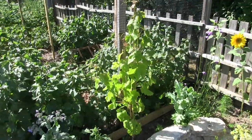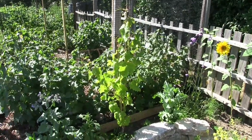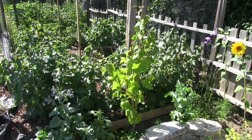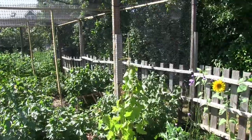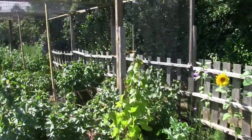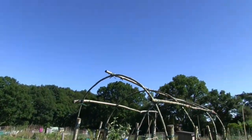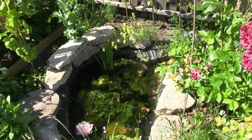And then there is the grapevine, which is growing so rapidly. I'm so happy with that, because obviously my dog destroyed the last one. He decided to run around the garden with it when I first bought it, and he snapped it, so I got a replacement one and it's amazing. That needs to be secured to the side of the fruit cage, so I'll put some eyes up the sides, run some wire across, and then the grapevine will hopefully cover that, and also hopefully in the future create a nice bit of shade for the pond, because the sun comes up here, goes over there, so the pond needs a little bit of shade